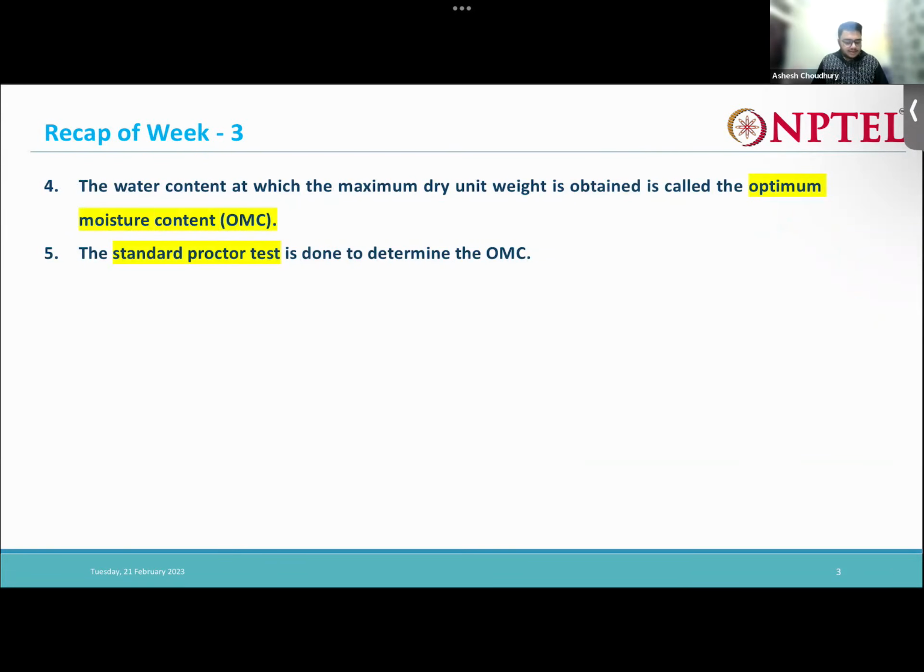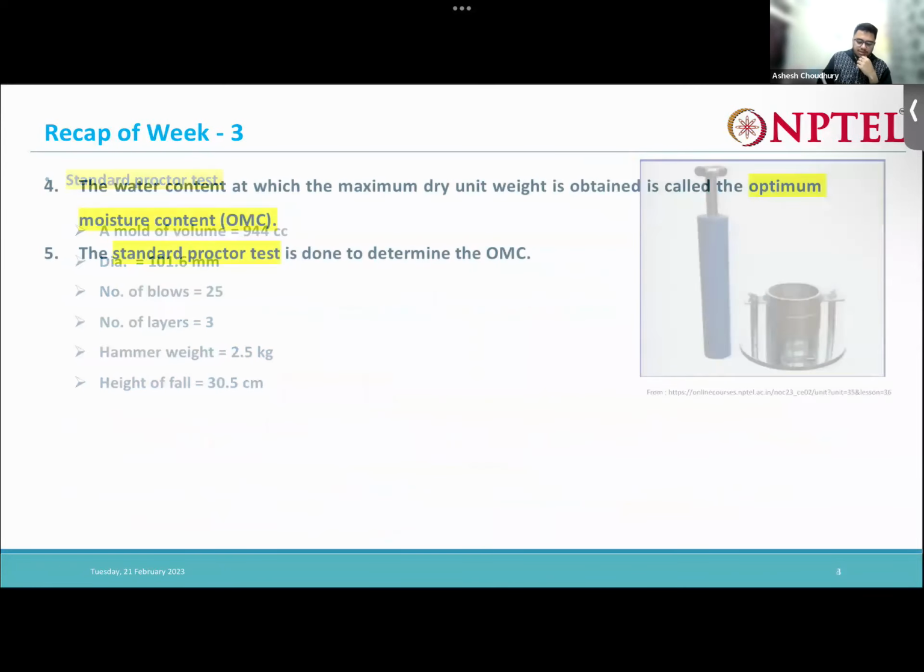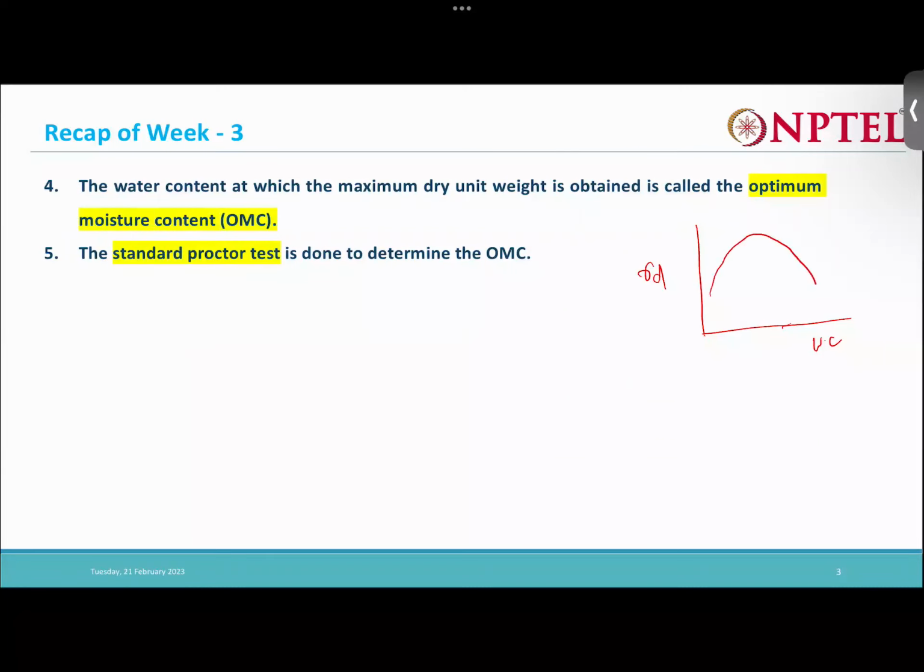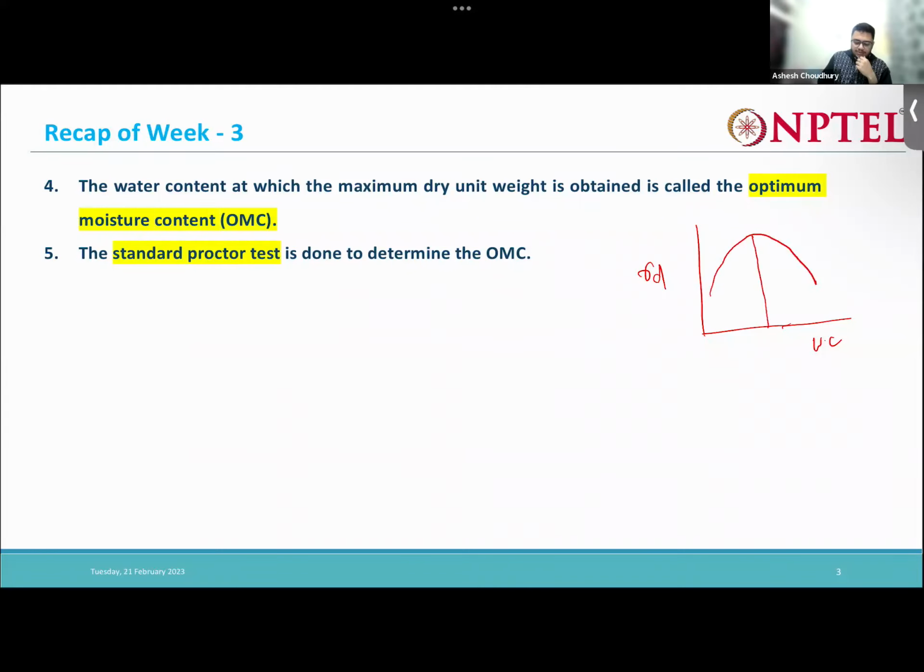Okay, so here I have written the same thing, that the water content at which the maximum dry unit weight is obtained is called the optimum moisture content, right? So this is my dry density, this is my water content. So I obtain a certain bell curve like this. This point is the maximum dry density point, and this water content is known as the optimum moisture content,